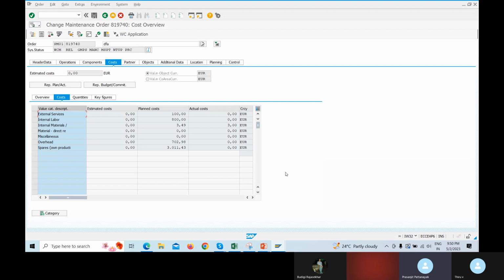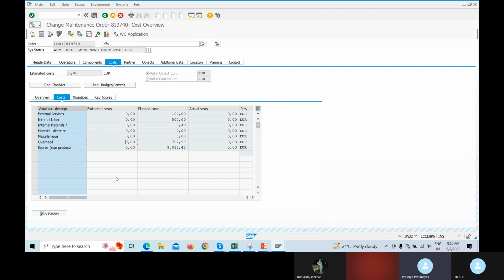Sir, value category in cost, for cost element value categories, right? Yes. What I know is that there are three value categories: internal services, external services, and material cost.